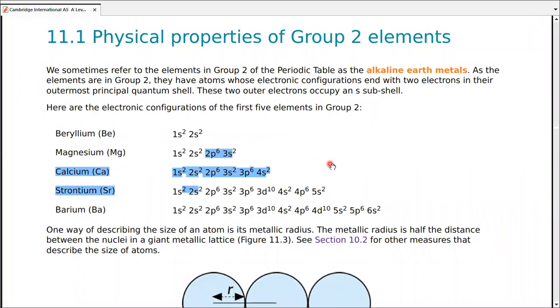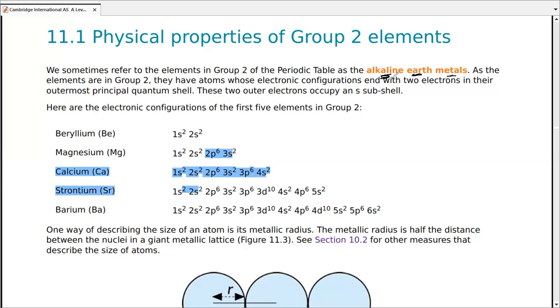So chapter number 11, we're starting with 11.1, physical properties of group 2 metals. As you already know, we refer to group 2 metals as alkaline earth metals. Wherever for a group we use the word metal, it means all the elements in the list are metals. Wherever we use the word earth, that means they are taken out of earth's crust. And the word alkaline means that whenever they react with water, they produce slightly alkaline